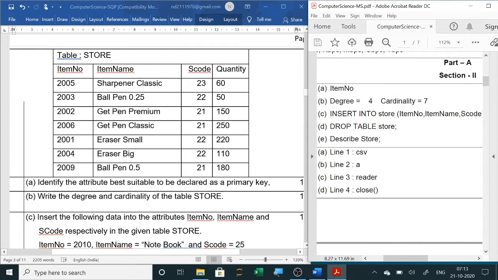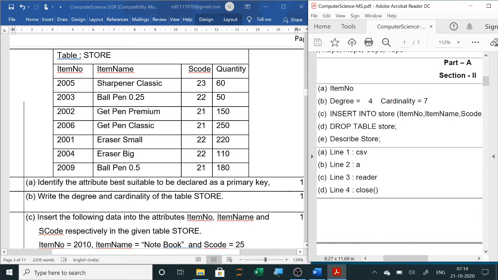Next is, write the cardinality and degree of the table Store. Cardinality is the total number of rows or records, except the field name row, which we will not count. From 2005, 2005, 2003 we start counting. Total 7 rows are there, so 7 will be our cardinality.